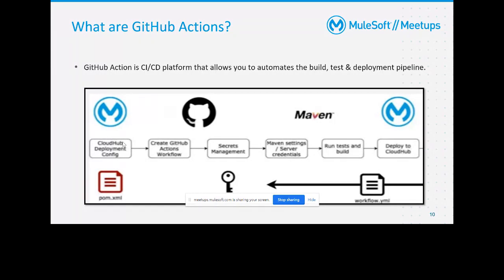Okay, and in this workflow.yml there are Maven settings, with the help of which we are doing the deployment, because we are using Maven commands for deployment, the Mule Maven plugin. To set up that Maven thing, we can write that code in workflow.yml. Also, the build is checked, and after that the deployment command. All this we can write in workflow.yaml. This is our workflow file, which is triggered when any push or pull operation is performed.